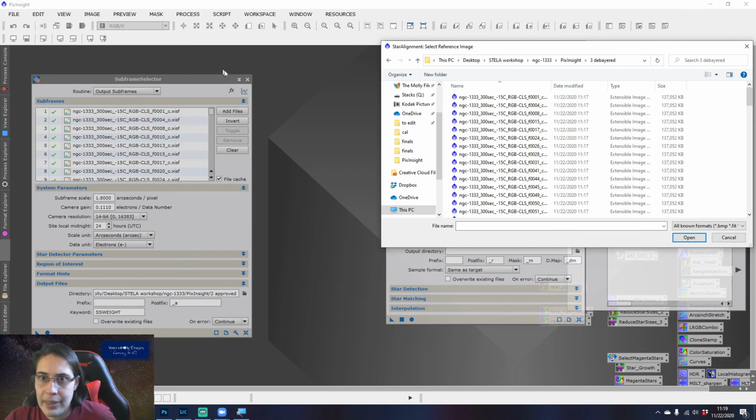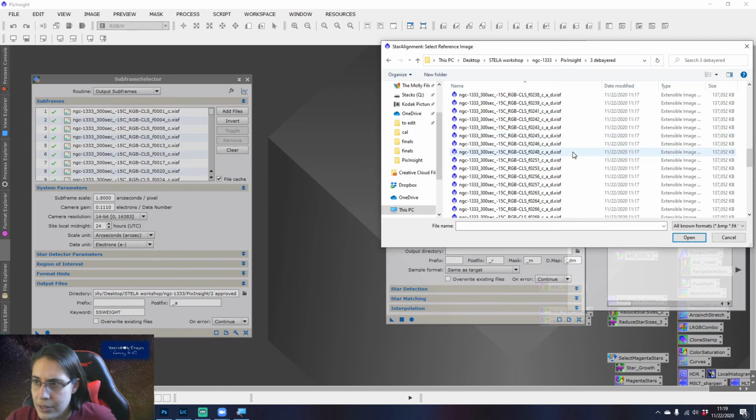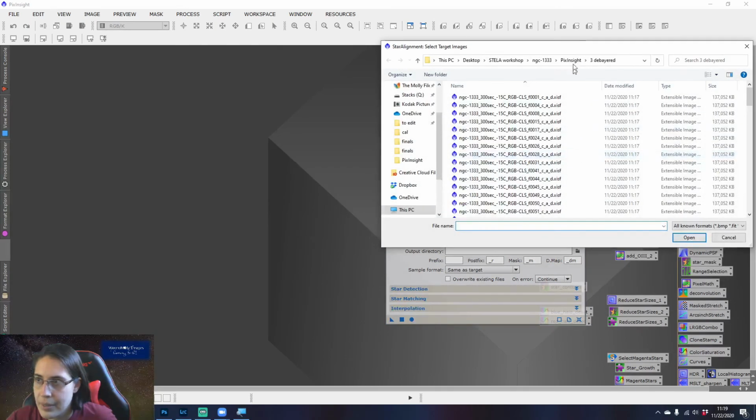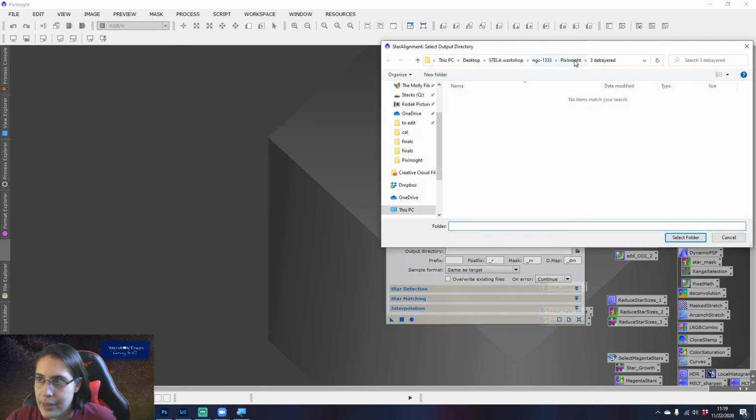So now we're gonna do image registration. That's gonna align all the images basically. Close out of SubframeSelector. Making sure I'm adding all the ones that we just debayered. And then make another folder